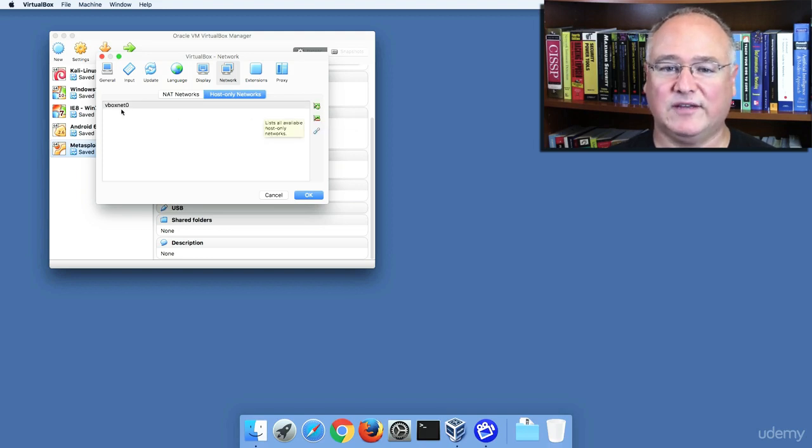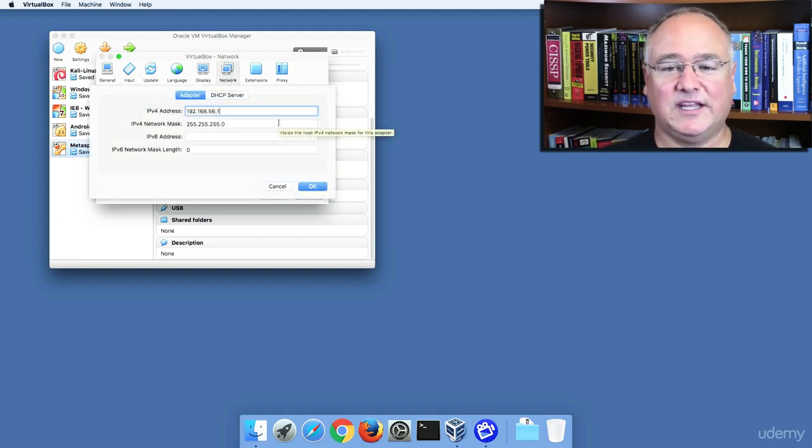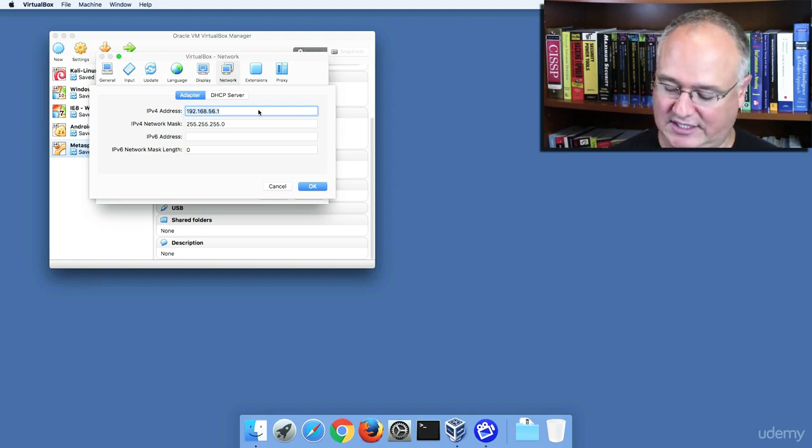And by default, this will give us a name like VBoxNet0. So we click on VBoxNet0. That will be our first private or host-only network. And we need to make a few changes to make this handy for us. This gives us a 192.168 address, which is fine. But I'm going to choose to use a